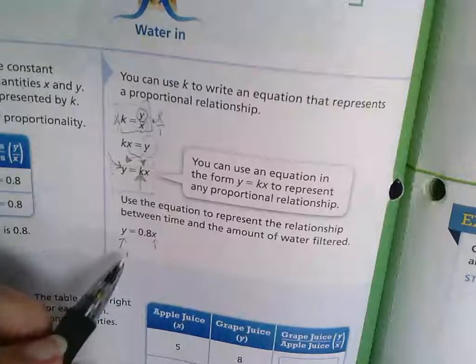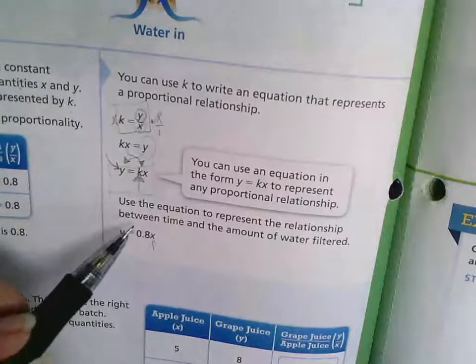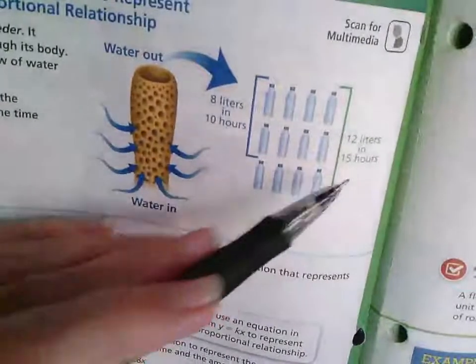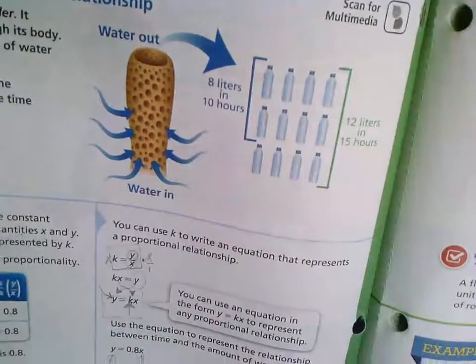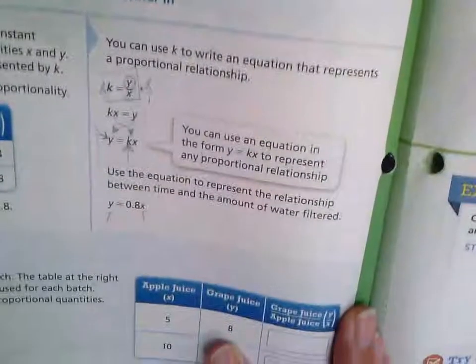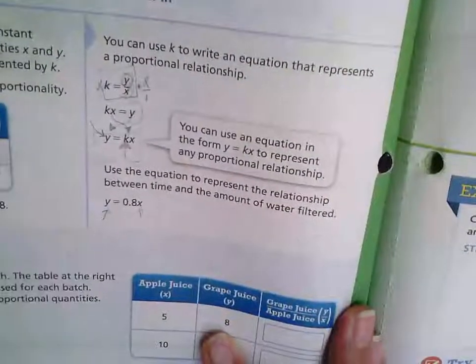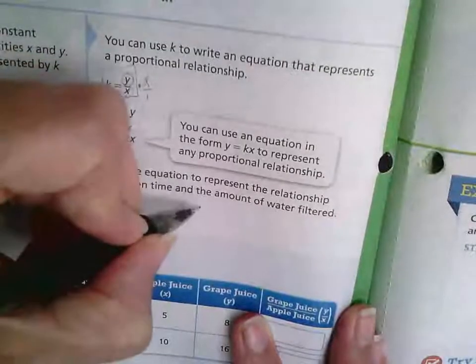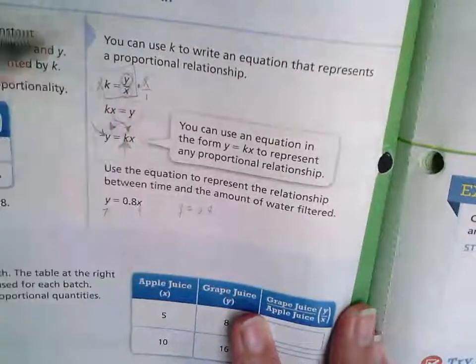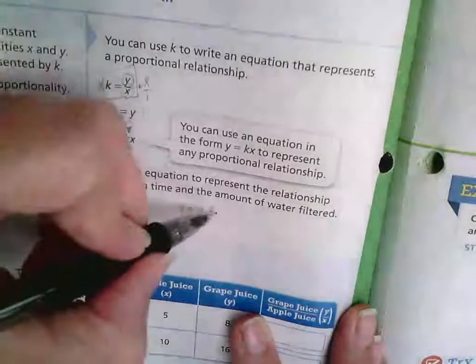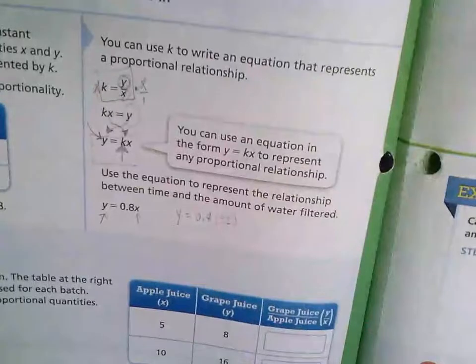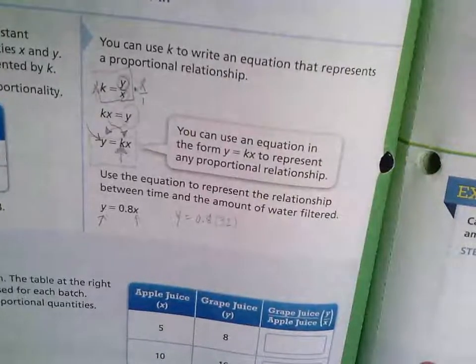So if I want to find how many liters of water this sponge takes in, let's say 32 hours, I simply use the equation and I keep my constant of proportionality because that isn't changing, but I can multiply this by 32 and I can find out that